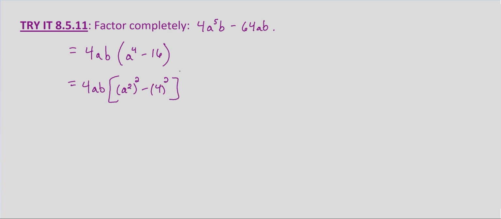So remember, with a difference, and this is going to get a little confusing because we're using a and b in our expression. Just remember, this is the general form of a squared minus b squared equals a minus b times a plus b. We're talking about different a's and b's here, though. So now we just need to recognize that this is 4ab. Our a in our formula is actually a squared now. So this is going to be a squared minus, our b is 4, times a squared